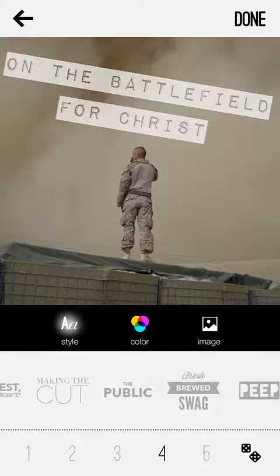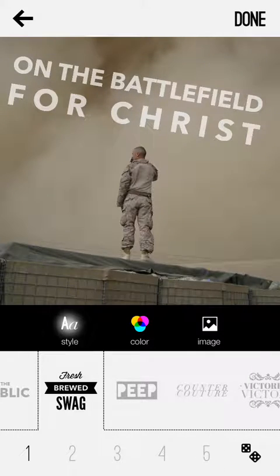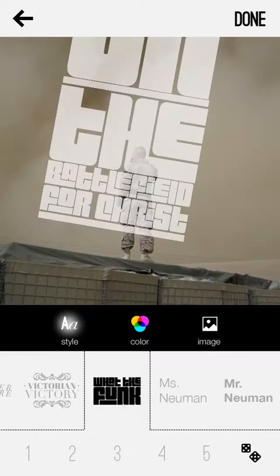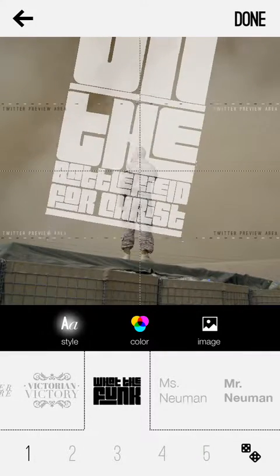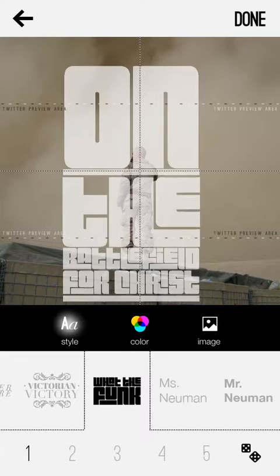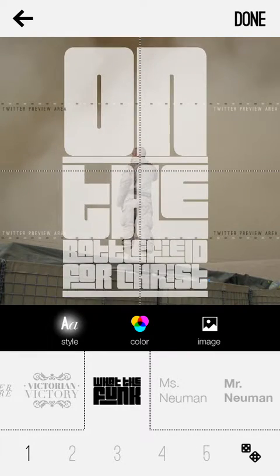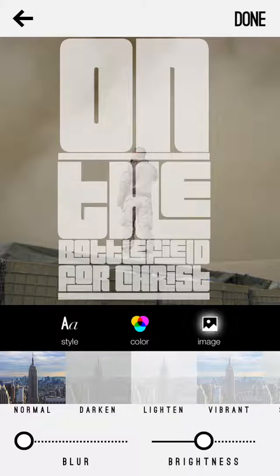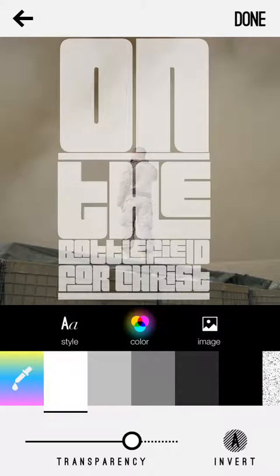But what I want to do is change the lettering style first and bring up something just kind of bold here. Here we go. I think this is pretty good. Now, what I'm going to do here is put something over the image, and then there is an option if you go inside image, or I'm sorry, if you go inside color, where it says to invert,